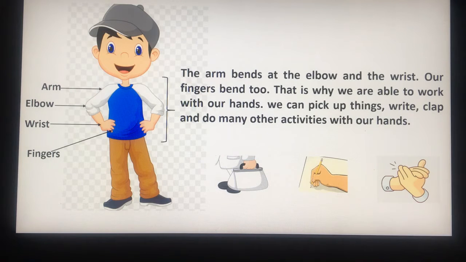So our arms near the elbow, if you are able to just fold your hand, isn't it easy to bend it? And your wrist. The wrist is a part where we all wear our watch. So it is called as a wrist watch. And even we are easily able to bend our fingers because we have joints in our fingers. This is the way it makes us easy to hold our pencil or whatever things we are picking up or doing any other activities with our hand.